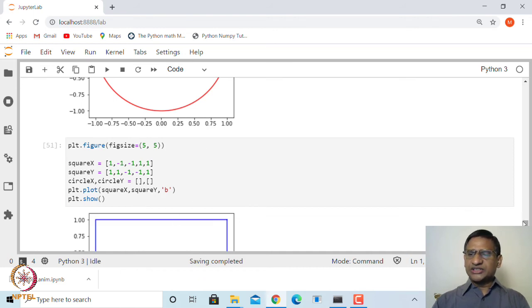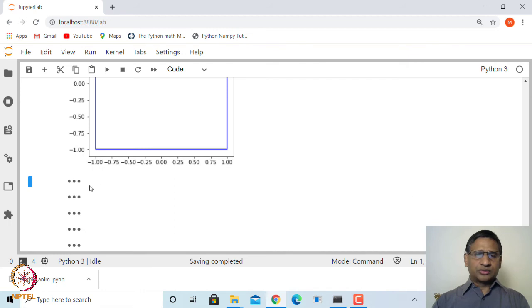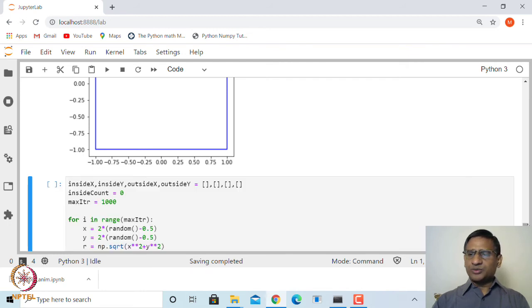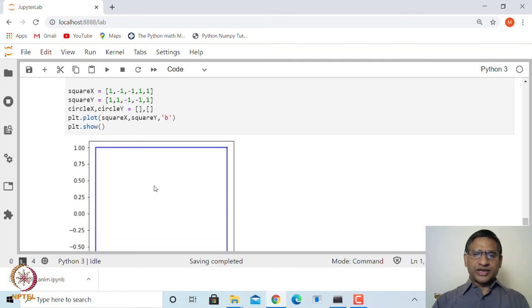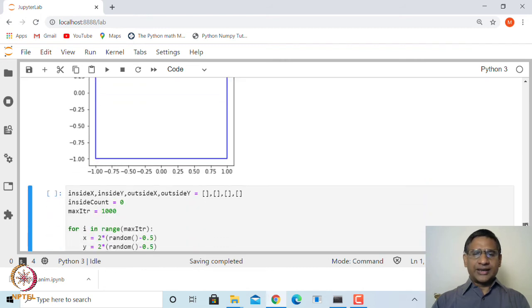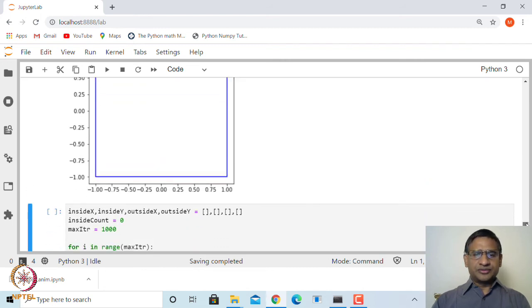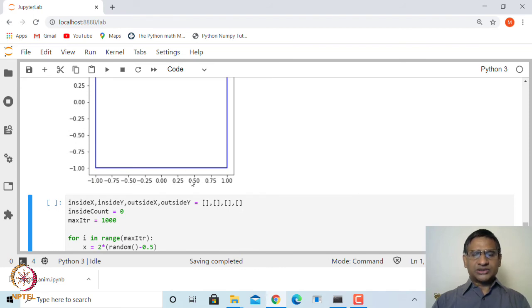Now, inside this we will generate all these points. So, how do we generate these points? We want to plot the circle inside this unit square and then generate, let us say, 1000 random points, with x coordinate and y coordinate lying between -1 and 1, and then count which points are inside the circle and which are outside. The point (xi, yi) will be inside the circle if xi squared plus yi squared is less than or equal to 1, otherwise it will be outside the circle.